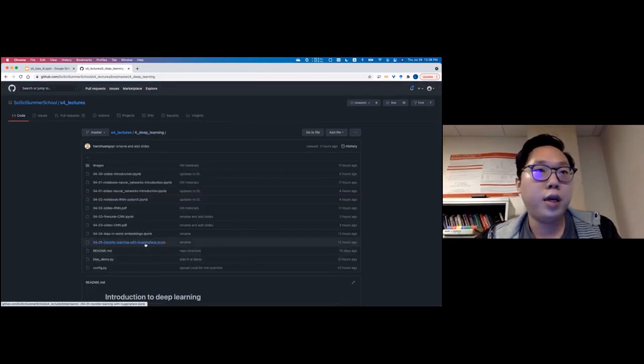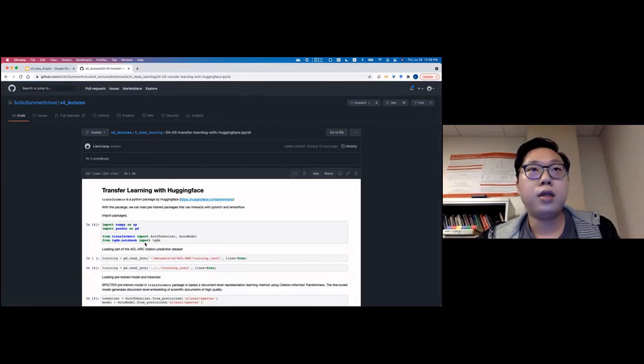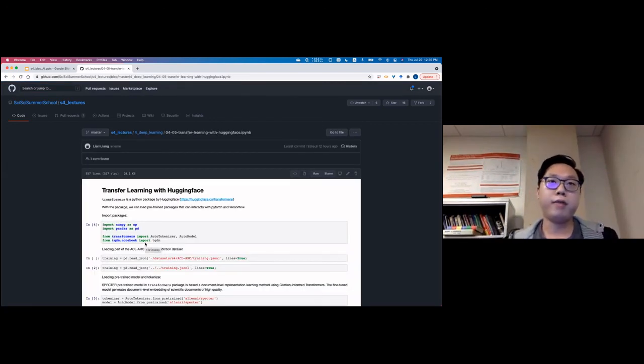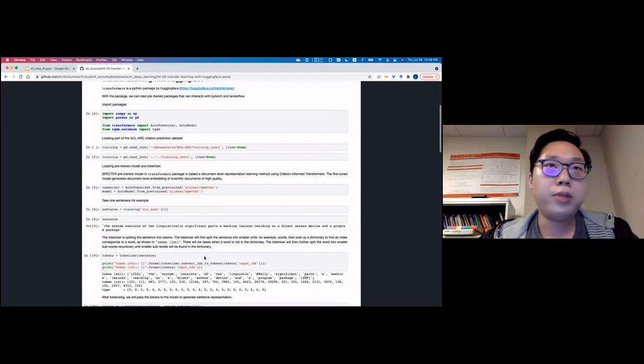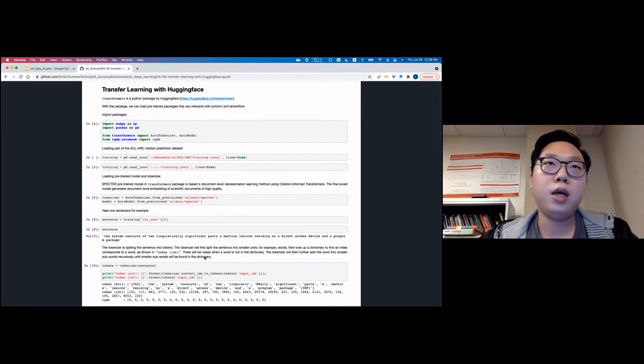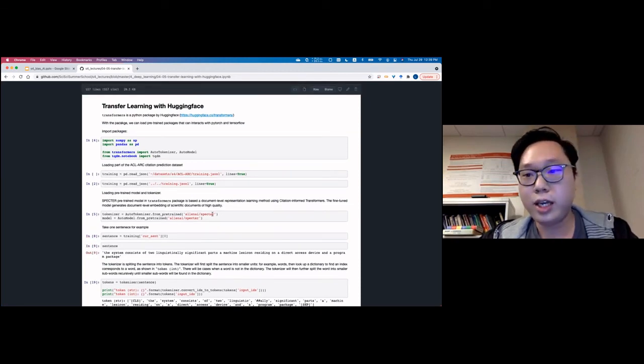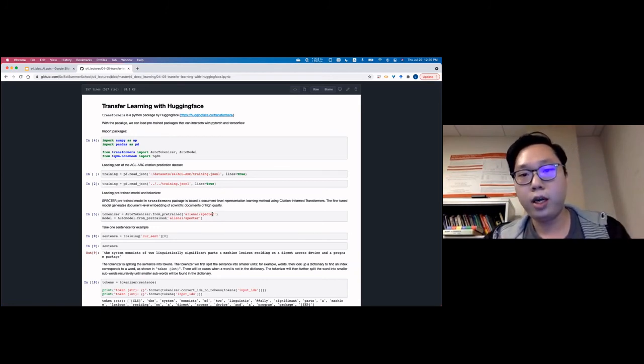There's another one that talks about how to use Hugging Face and how to use transfer learning and apply it in your classification task. Here, I'm using a fine-tuned BERT model called SPECTER, which was developed by AI2. It is fine-tuned based on BERT, but it also adds tasks so that the model is mindful of citations.